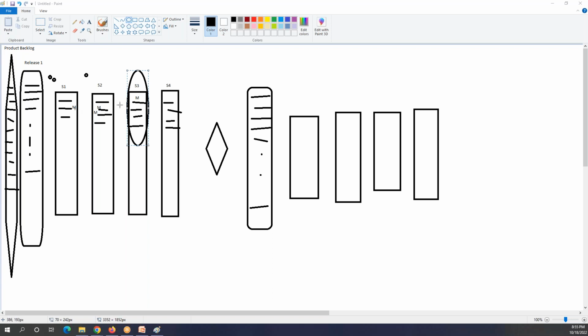So how many test cases do we have before sprint 3? 7. You see that? So 7 means that in sprint 1 we have 3, in sprint 2 we have 4. That means a total of 7 test cases fall under regression testing.